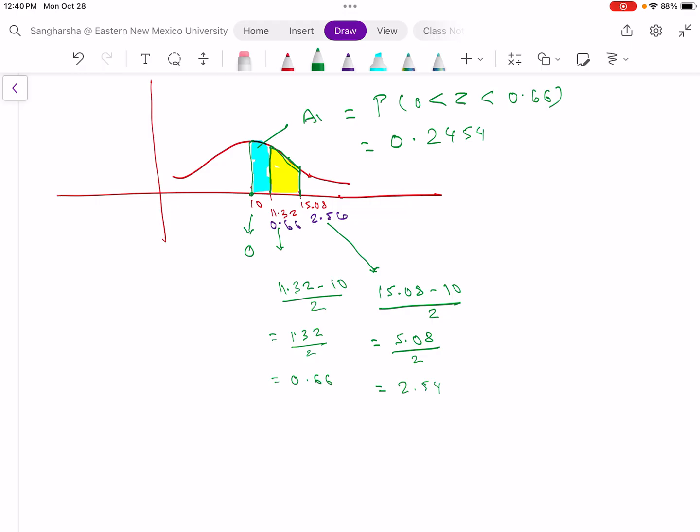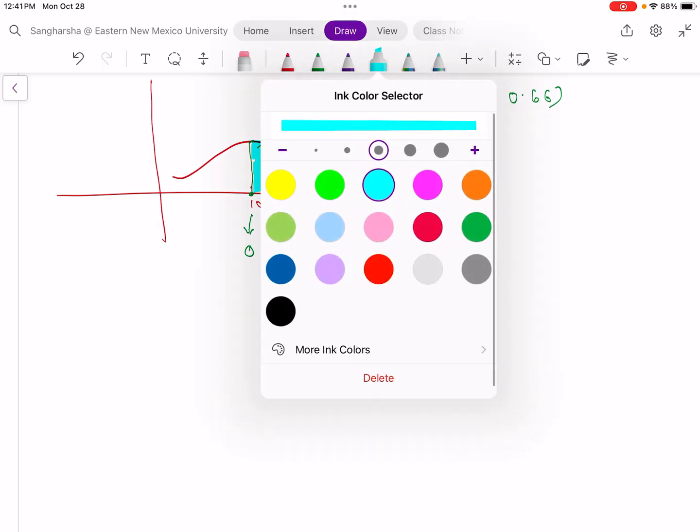So, now, do we subtract this from 0.5? What do you think? Is that how we get the area? No, right? So it's not. Now, so here,